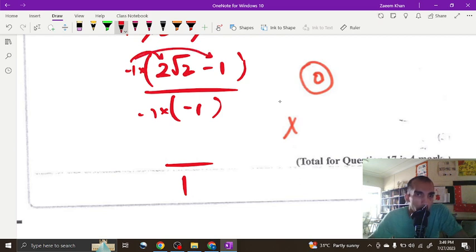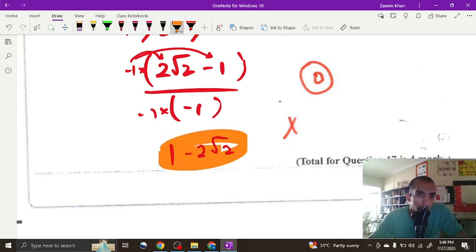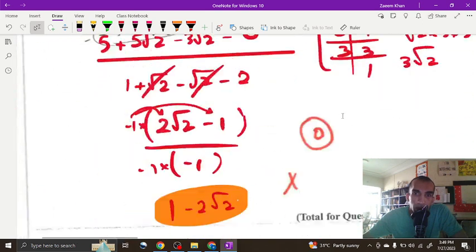So 2 square root of 2 would become negative. I'll write that down over here afterwards. And that negative 1 would become a positive 1. Since 1 in the denominator does not hold any value, I can erase that. Look over here at the screen. 1's gone and the over sign is gone. We are left with an answer which is exactly in the format that they asked us, which was a plus b